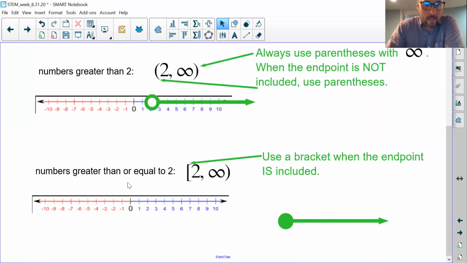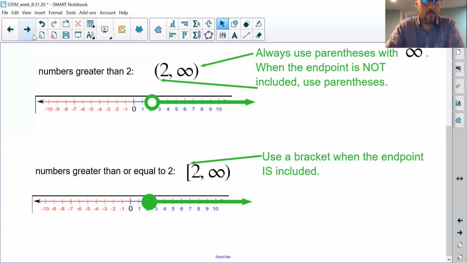The next idea I have is almost the same. Numbers greater than or equal to 2. So now 2 is included, and it's still the same. It's still past 2, but the only difference is 2 is now included. And to show that, you use a bracket around the number that's included. In this case, 2 is included. So I use a bracket for 2. Let's